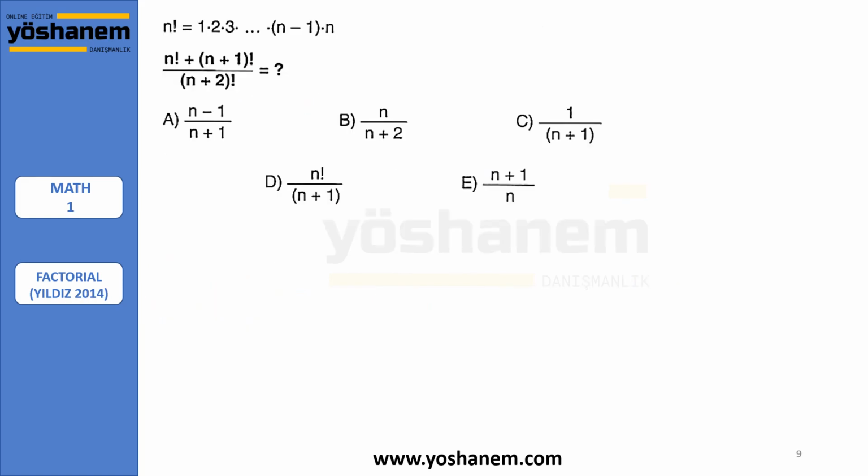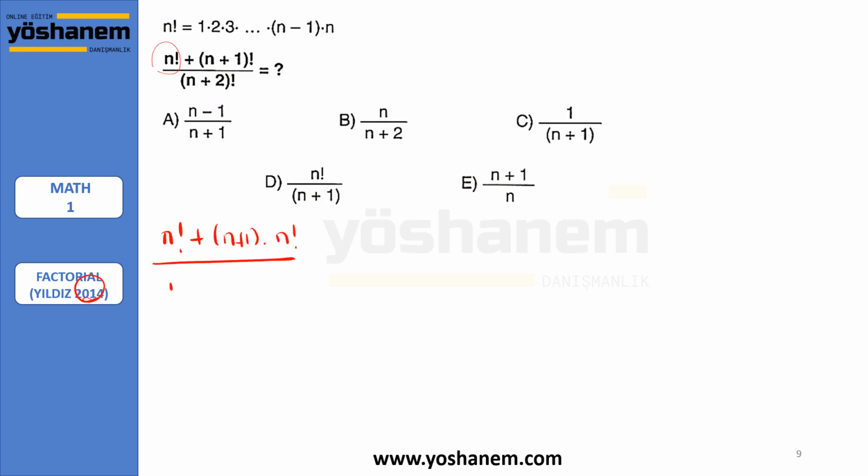And this question is from 2014 and it's similar to the previous one. It says n factorial plus n plus 1 factorial divided by n plus 2 factorial. So which one is the smallest? N factorial is the smallest one, right? N factorial plus what is 1 less than n plus 1? I can write it n plus 1 times n factorial